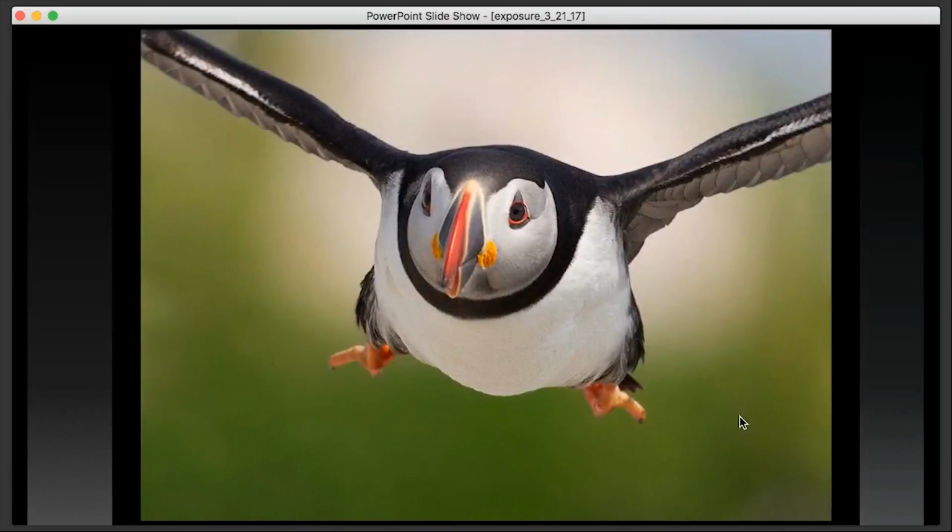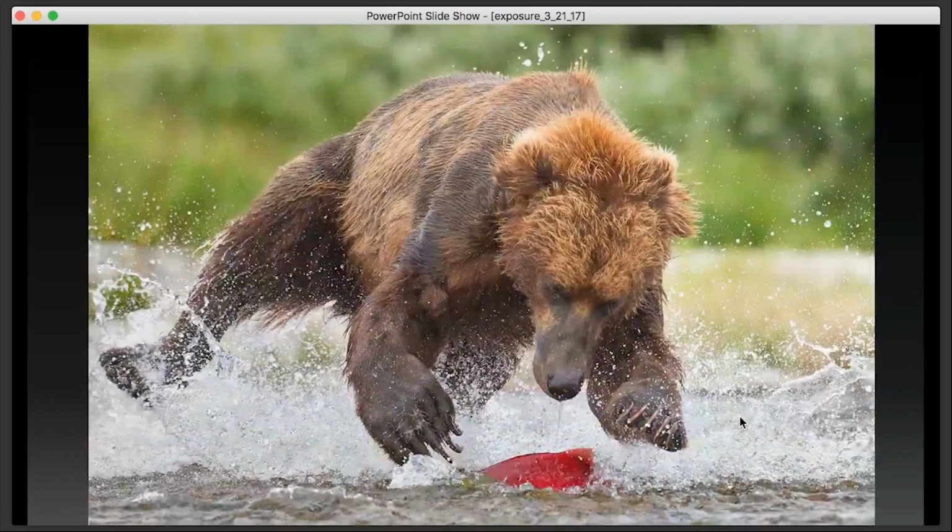So this is another bird in flight. You spot meter onto the green, right? Green is gray in the grayscale. So this is a bear pouncing on a salmon, and you don't need to care about whether the bear is darker or the water splash is white. You just need to focus on